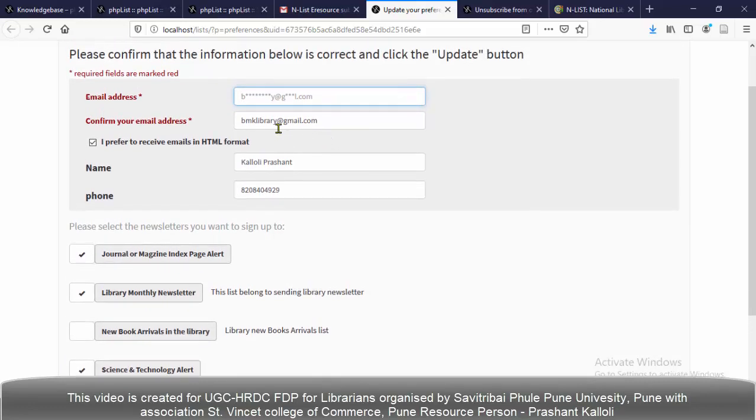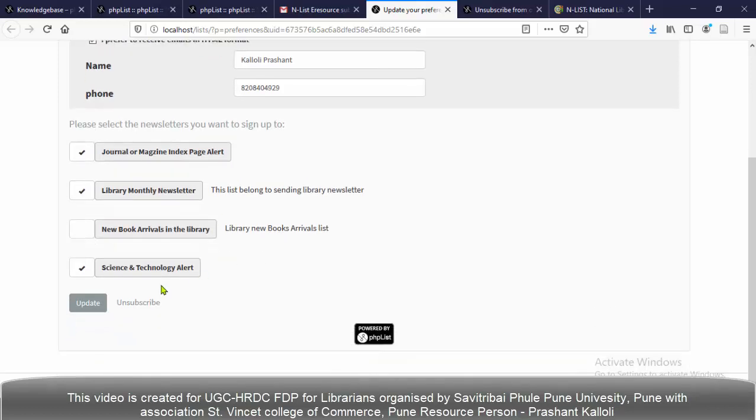Something has gone wrong, maybe. Okay, here also I have to give both the email id and the confirmation. Both boxes I have to fill. Those are required fields. Okay, I'm going to update.